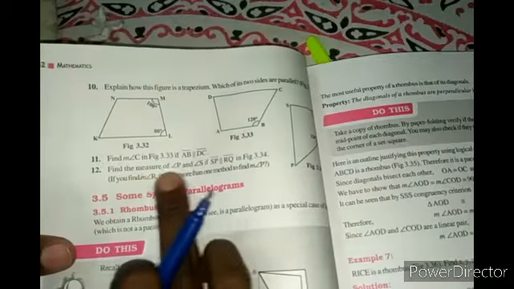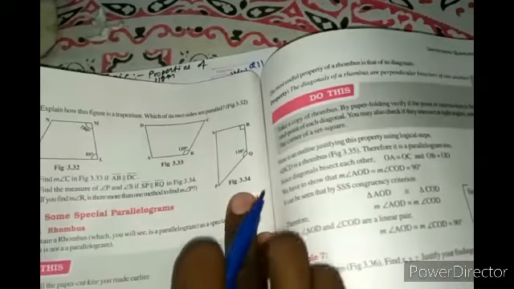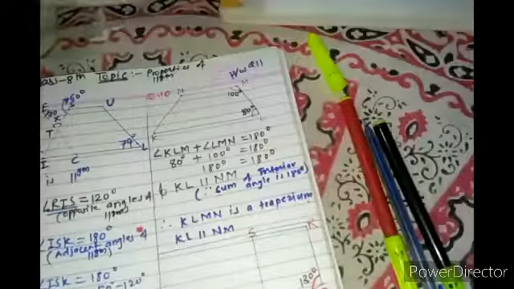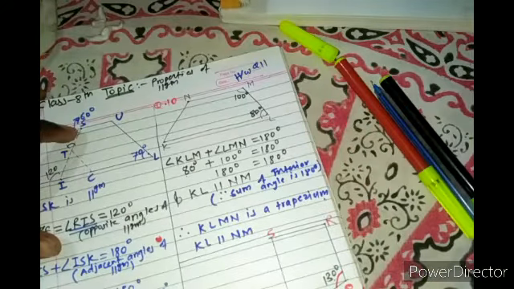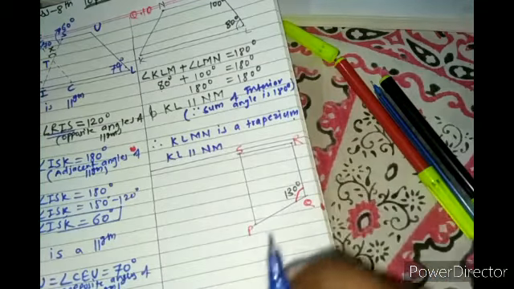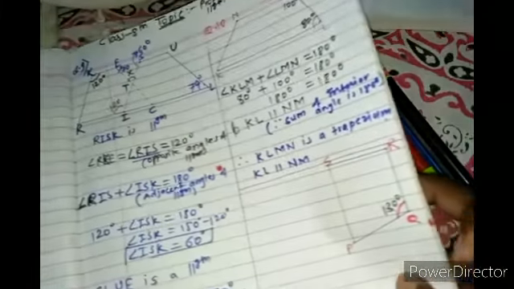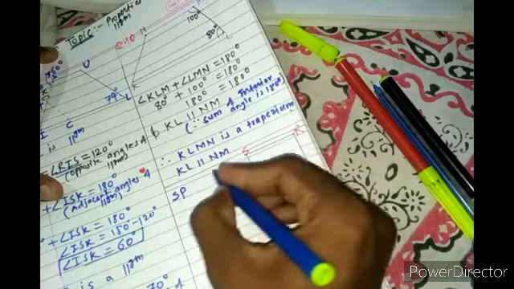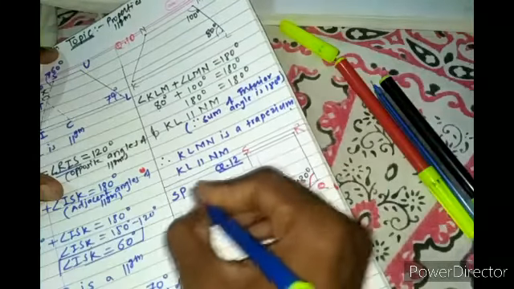Now let's move on to the next question, question number 12. Find the measure of angle P and S if SP is parallel to RQ. All these questions are dependent on the trapezium. You know that a trapezium has only one pair of parallel lines, right? In that parallel line pair, you will get the interior angles, and with the help of those interior angles we can solve this. When they say SP is parallel to RQ, we have to focus on that.